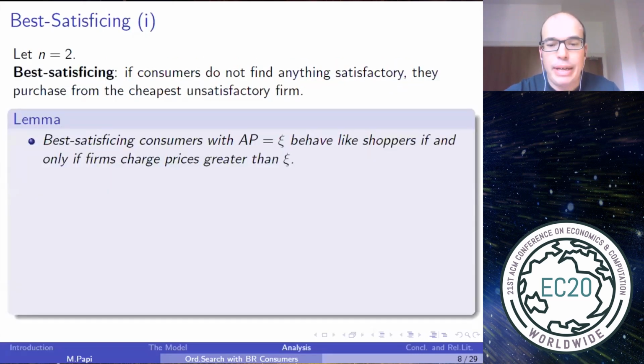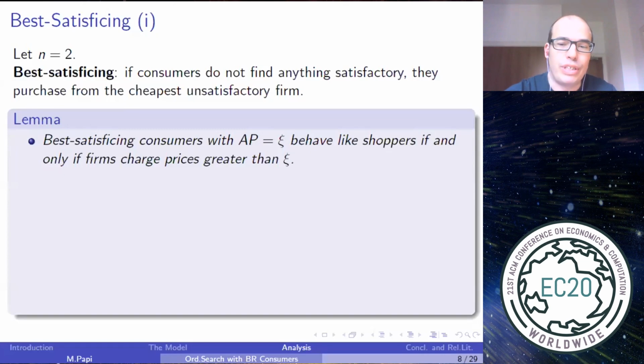I'll now begin the analysis part of my presentation by starting my discussion on the duopoly case. There are going to be two firms in the market. Firm one is going to be the most prominent firm that all consumers will explore, and firm two is going to be the less prominent firm the consumer can possibly explore. And I'll begin with the analysis of the best satisficing variant of the model, meaning if consumers don't find anything satisfactory, they purchase from the cheapest unsatisfactory firm. So I'll begin with a